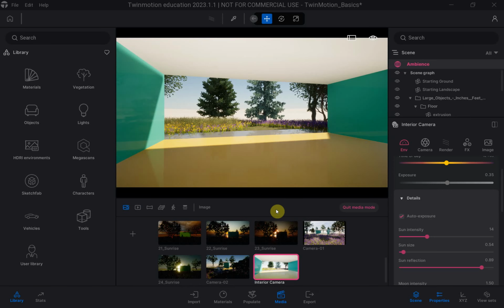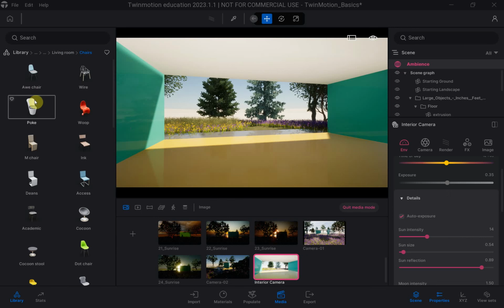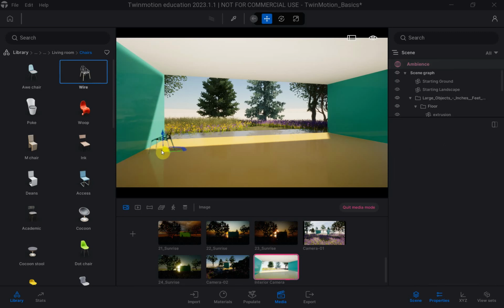Okay, so I'm going to go over to my objects here in the library, and I'm going to go to home for residential stuff, things that you would put in your home. And I'm going to go to living room, and I'm going to go to chairs, and there's a nice really cool wire chair that I can bring in. I can just click on that and then just place it into my scene here, and I'm going to place 2 of those,